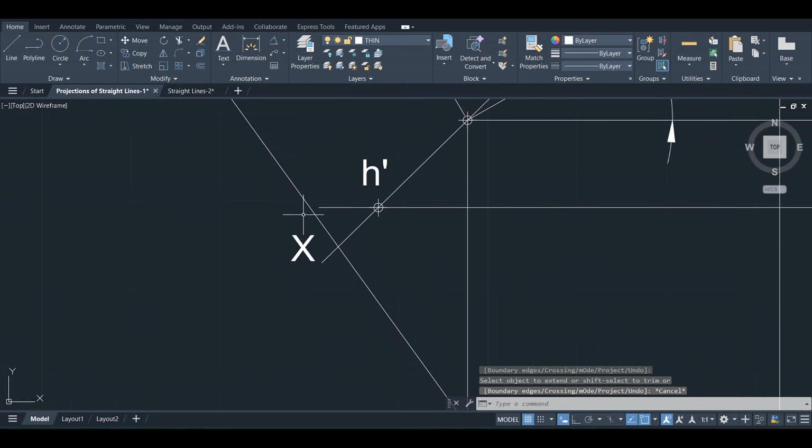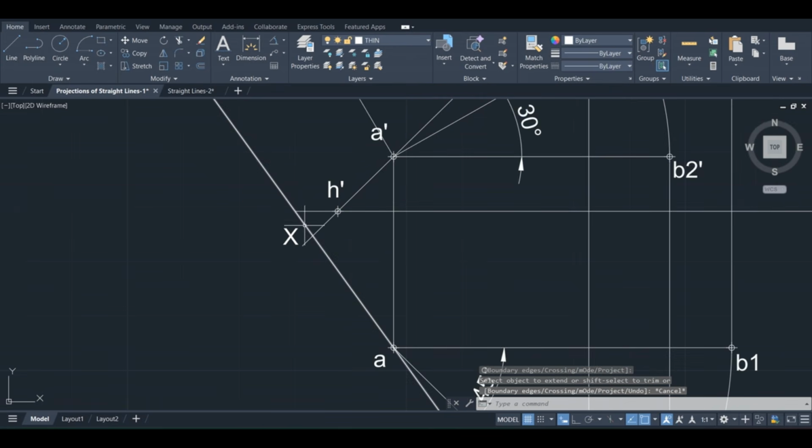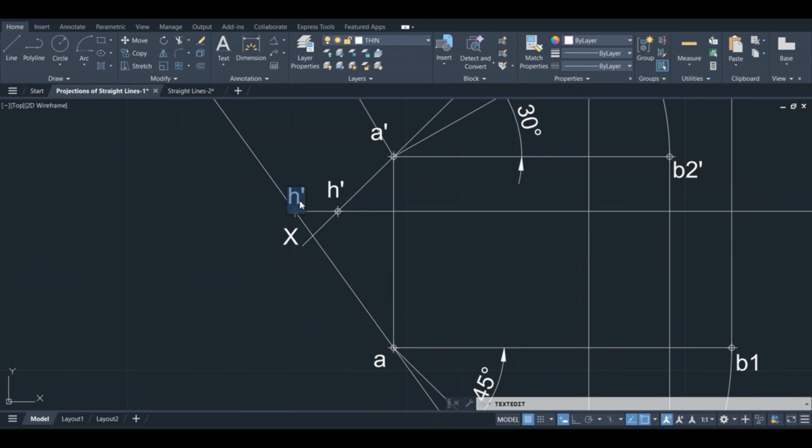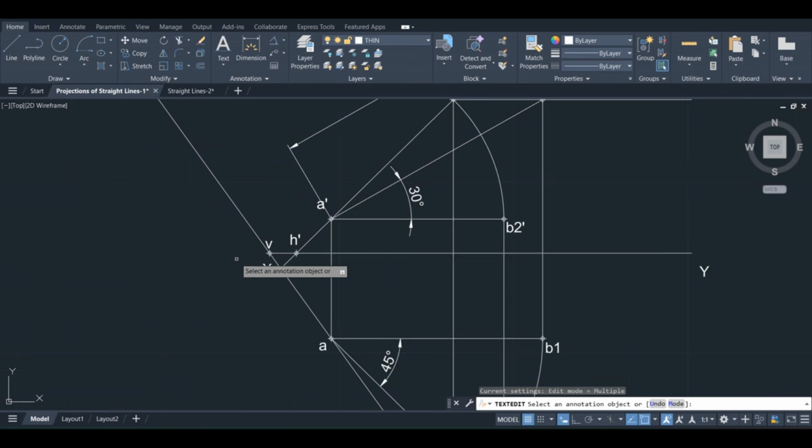So the XY line is not meeting here, extend this XY line also. Where it is meeting with the XY line, there mark a point. So this is the vertical trace. Copy this and place here, edit as small v.